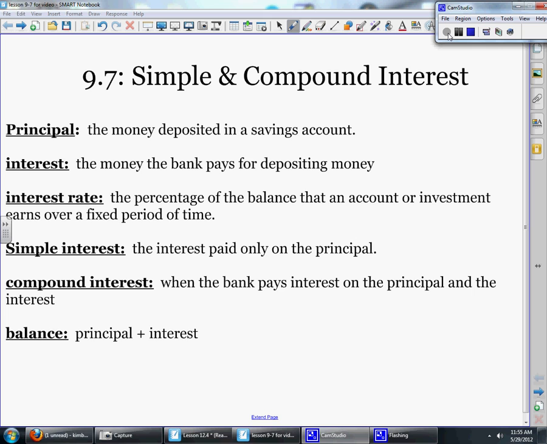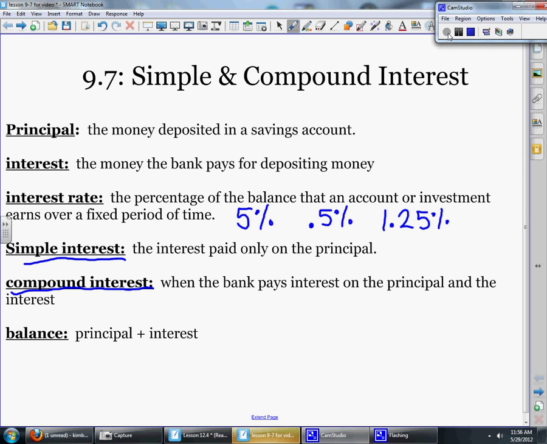A lot of times the interest is a rate, which we're going to talk about down here, the percentage of the balance that an account or investment earns over a fixed period of time. So sometimes your interest rate could be 5%. That's pretty good nowadays. A lot of times now it might be 0.5% or half of a percent, or maybe it's 1.25%. But those are all examples of interest rate. Simple interest is interest that is paid only on the principal, and then compound interest is